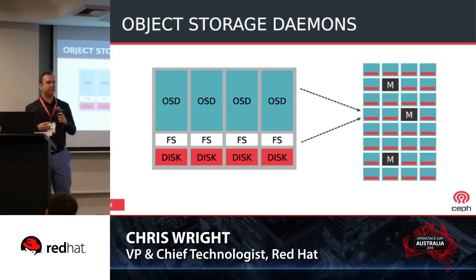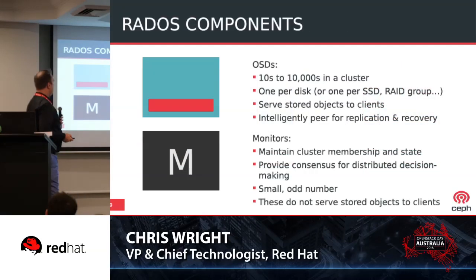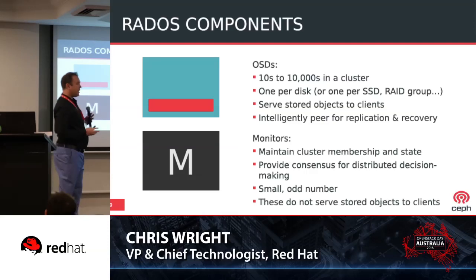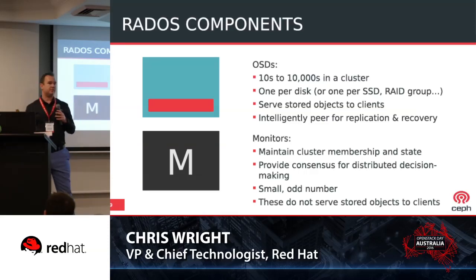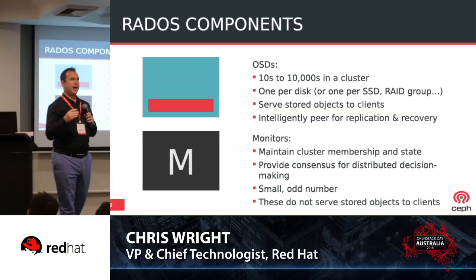And typically, we recommend you use local disk. Don't attach it to your fridge. You can, it just doesn't make sense. So OSDs can start at tens and scale up to tens of thousands. You look at someone like CERN and the Large Hadron Collider. They keep all of their Hadoop metadata on Ceph, but all of their actual data on tape.